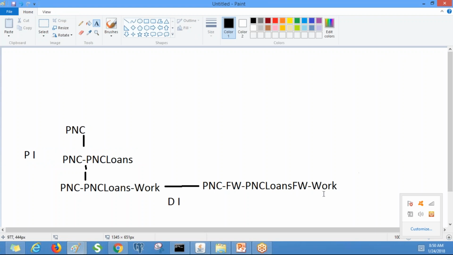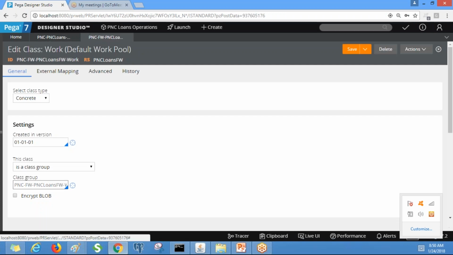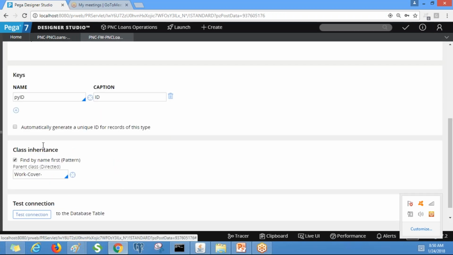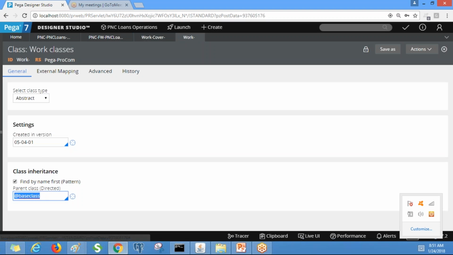That means, again see, if we open this PNC hyphen PNC loans framework work, this is inherited from worked as covered as. Again, this worked as covered as is inherited from worked as class. Again, at the rate base class, which is the topmost class.